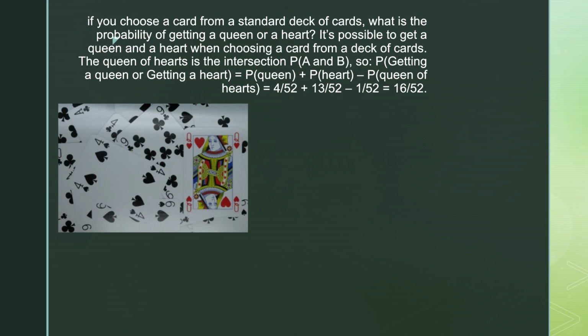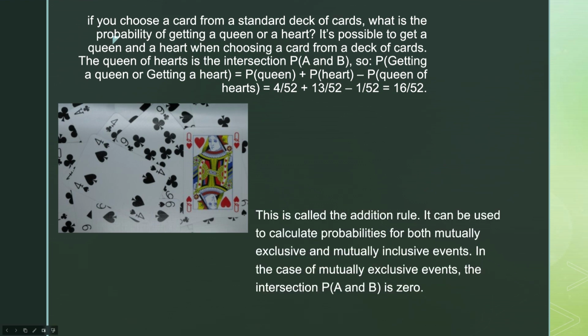This is called the addition rule. It can be used to calculate probabilities for both mutually exclusive and mutually inclusive events. In the case of mutually exclusive events, the intersection